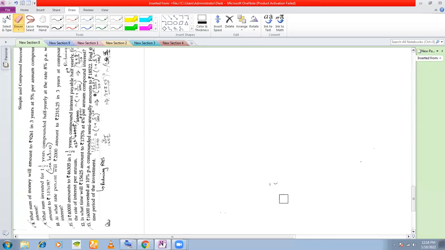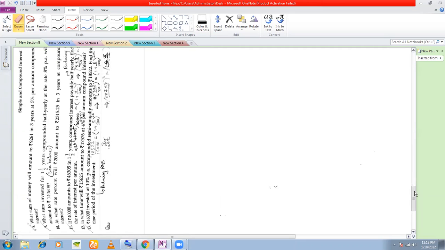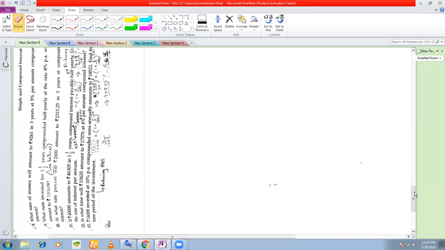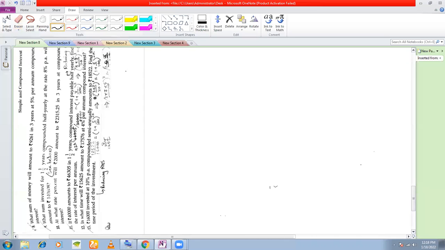In this question, if you see, it reads, what sum invested for 1.5 years compounded half yearly at the rate of 8% per annum will amount to rupees 1,40,608. I read the question once again. The question is, what sum invested? That means they're asking you for the principal. What sum invested for 1.5 years? That means they have given you the period of investment, 1.5 years,